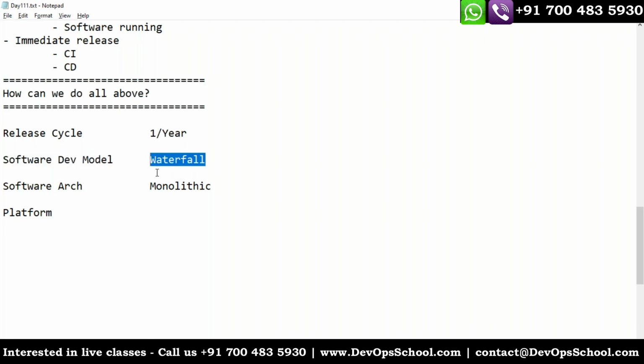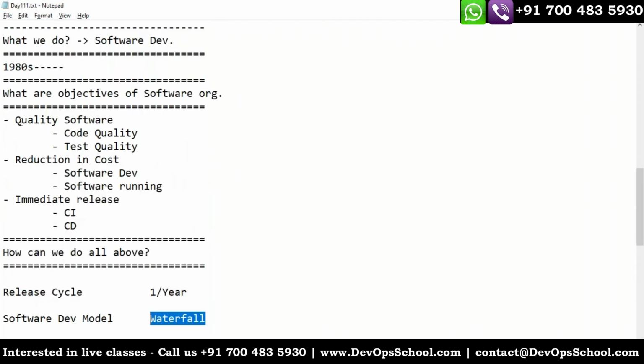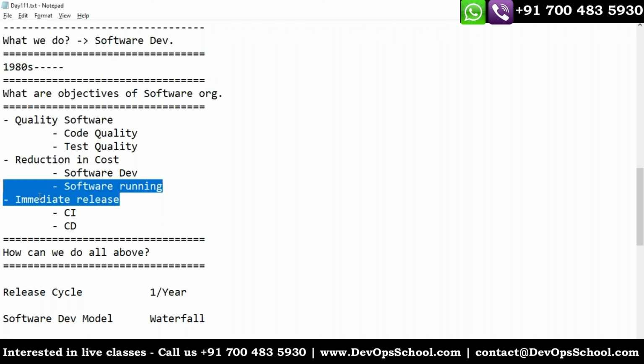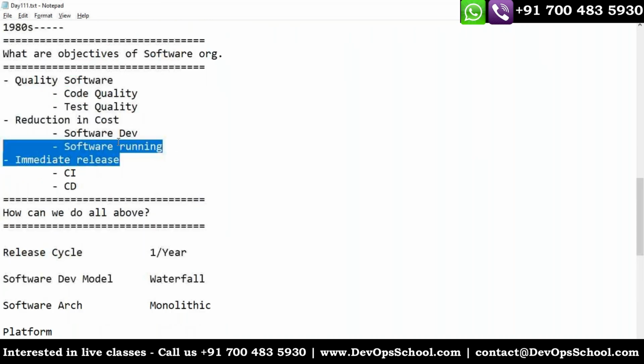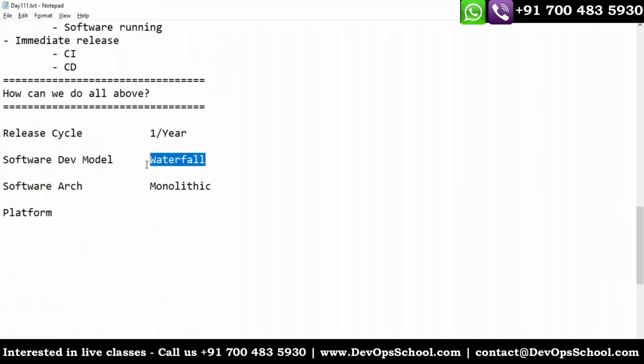They said, if you follow the waterfall model, then you can get better quality software, a reduction in cost, and also immediate release capabilities. Release cycles once in a year. And they suggested, let's do one thing. This is the monolithic architecture.